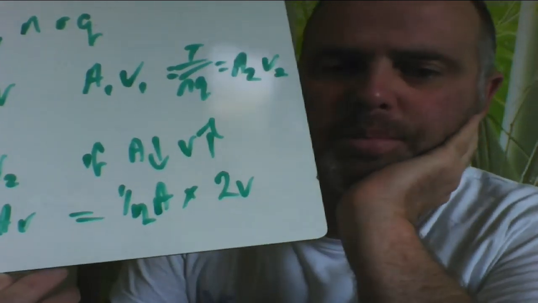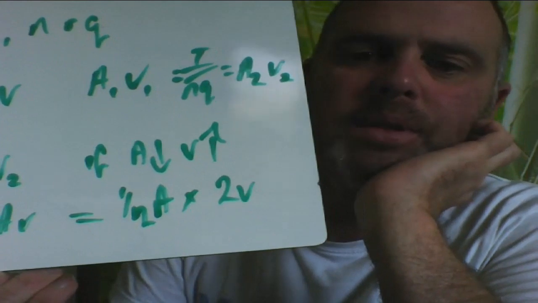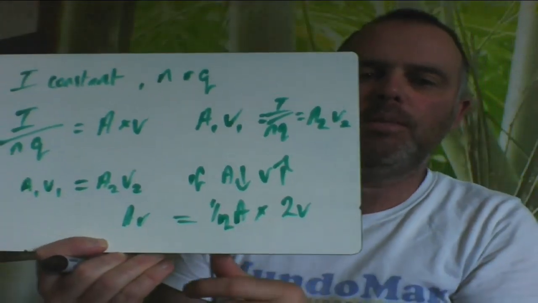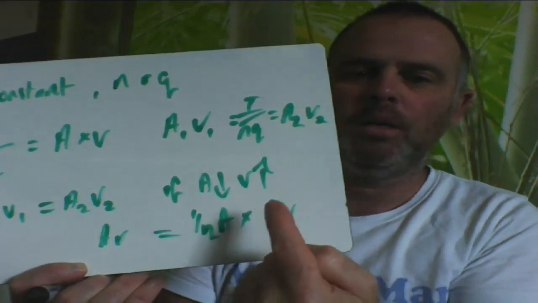Now one step further would be to take that and talk about diameter, which is probably what they're going to do in the exam. They won't talk about cross-section area, they'll talk about diameter. But let's keep this easy for the moment. If we go with this concept here, cross-section area decreasing, velocity is going to increase, and we go back to the diagram,